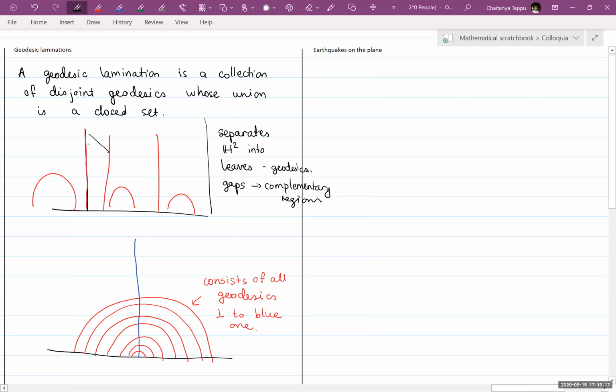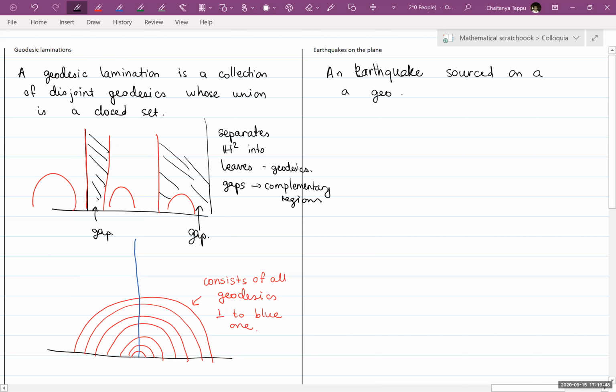So for example, this is one gap, and here is another gap. So an earthquake sourced on a geodesic lamination